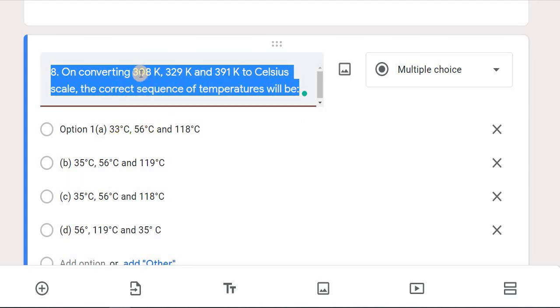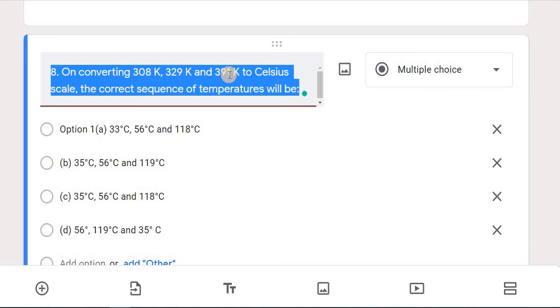We have to subtract 273 from it, so we can get the final answer. We have to subtract the value from 308, 329 and 391 Kelvin, and then whatever answer we get